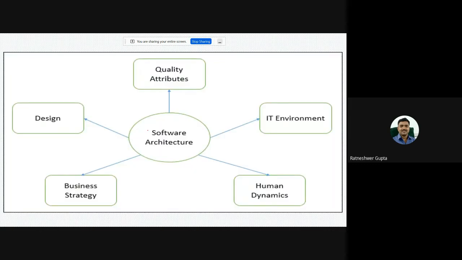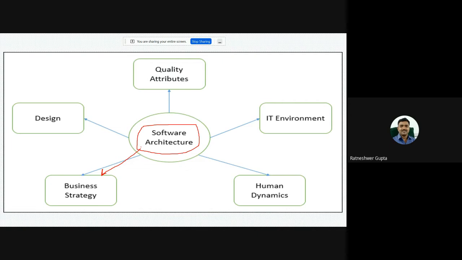So when we say software architecture, these are the main components of a software architecture. The first thing is that we must be clear about our business strategy, that is, for what purpose we are developing this particular software. A simple example: suppose you are developing software for the nuclear energy program of India, or some government organizations, then you have to give more emphasis to security. But if you make software for a general purpose, then accessibility and timing constraints are more important. So you have to choose what the business strategy is for your architecture.